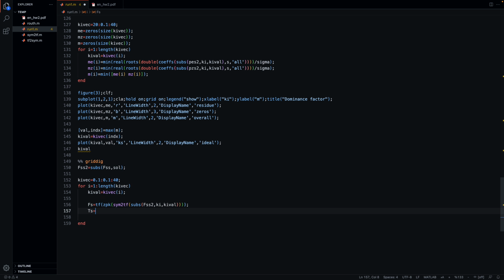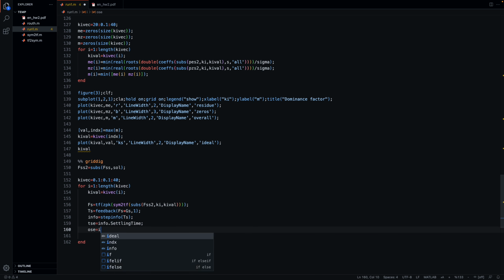And once I have the controller, I'm just directly going to look at the feedback here, comma 1, and then switch to info, step info, because I'm directly interested in the settling time, the resulting settling time. So TSE is going to be info.settling time, and overshoot is going to be info.overshoot, of course divided by 100,